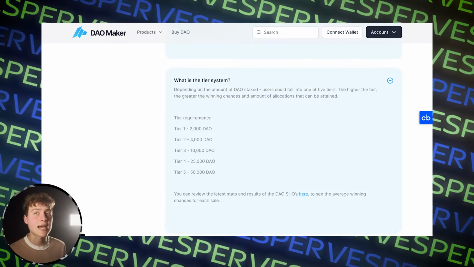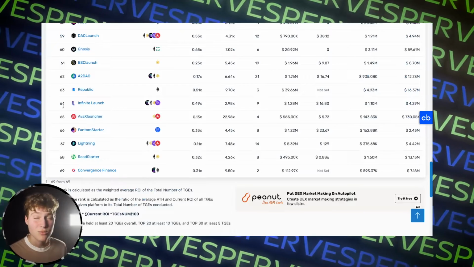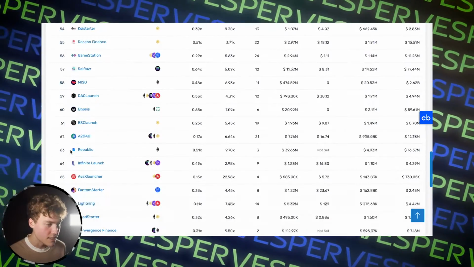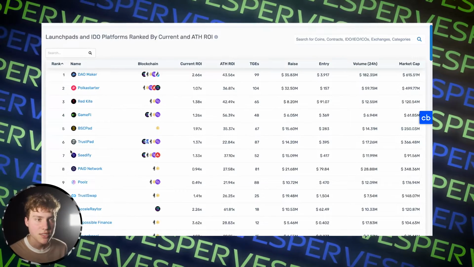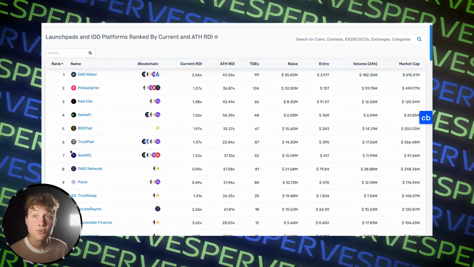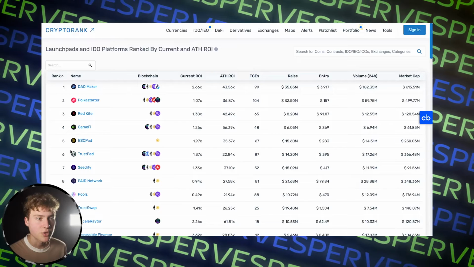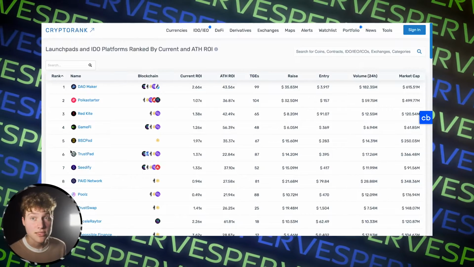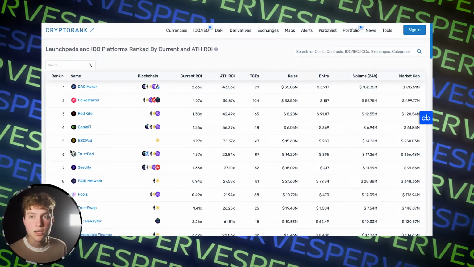And so me personally, I do not use DAO Maker. Instead, I use other launchpads, and this website doesn't show all of them. For example, one of the best launchpads I use is SafeLaunch, and it's not listed here, but it's really good. It lists really good projects, and you don't need to stake that much. You need to stake like $1,000 in order to get allocations worth up to $300, $400. But here, in the case of StepUp, if you were staking like $10,000, $15,000 worth of DAO tokens, you would get a maximum of up to $500 allocation.